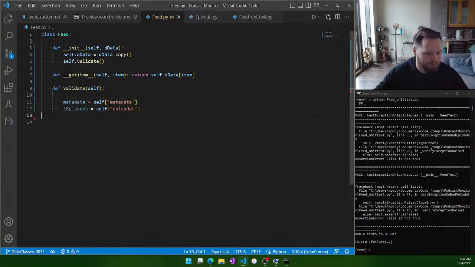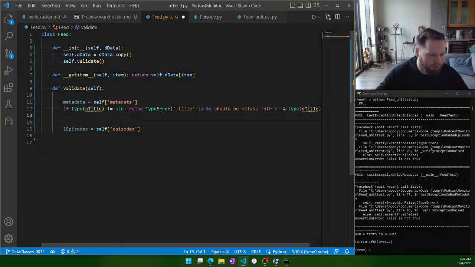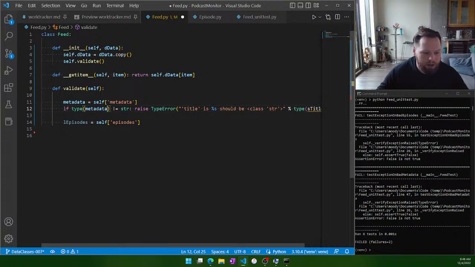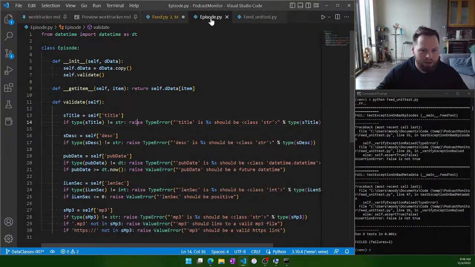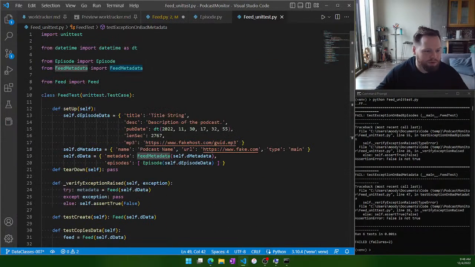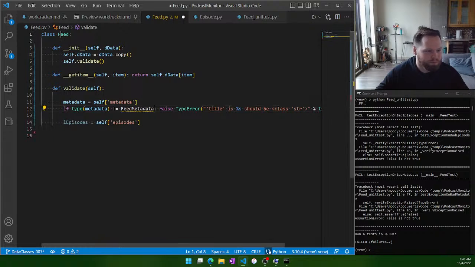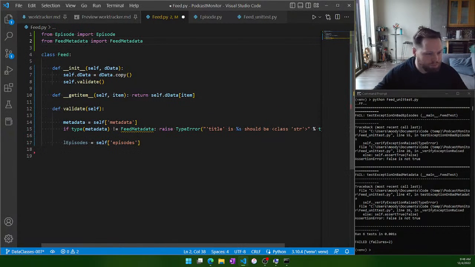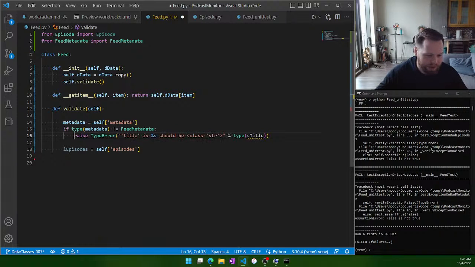Now we have to make sure we import the type. So we'll say metadata is not feed metadata. And let's go ahead and add the proper imports. We're going to import both of these because we're checking their types. All right, and so feed metadata raise error, and we'll say